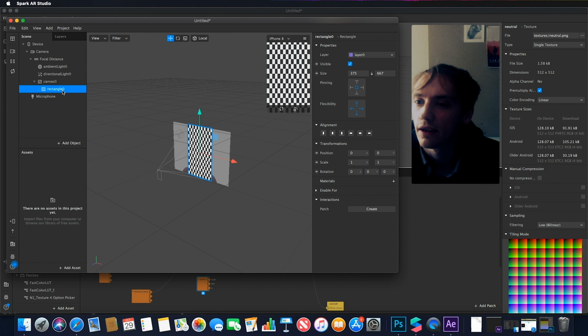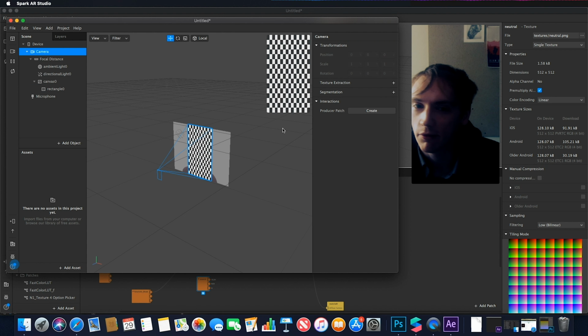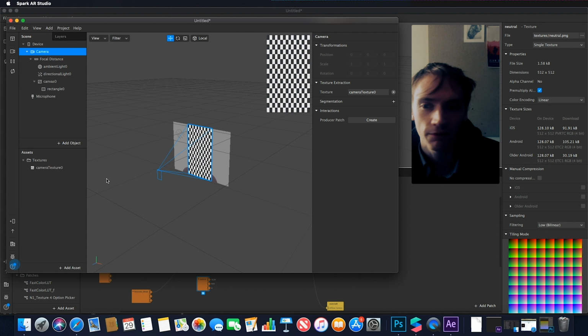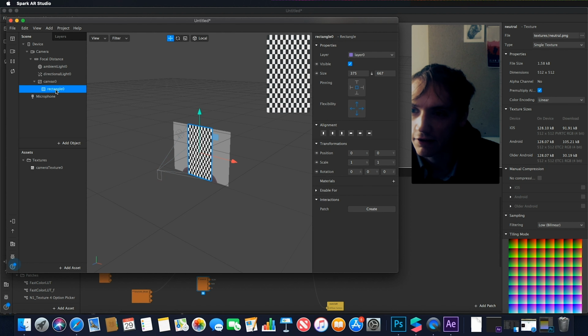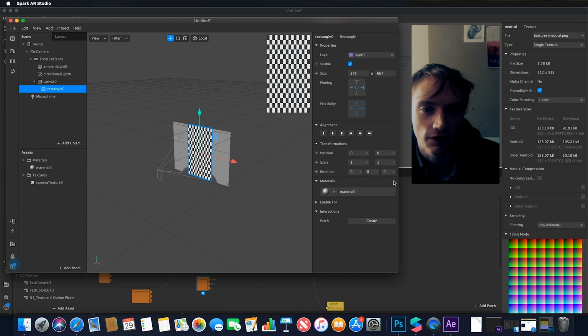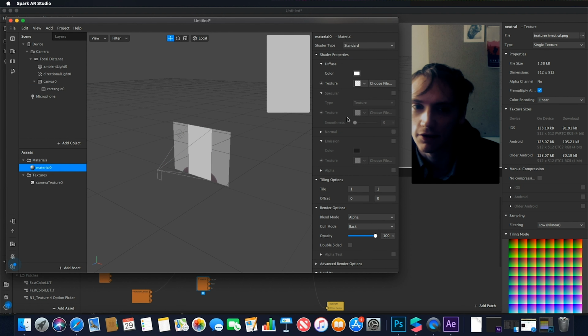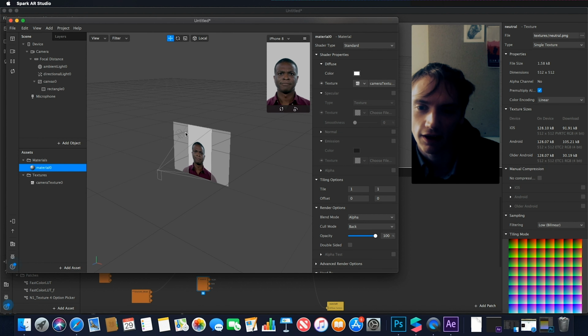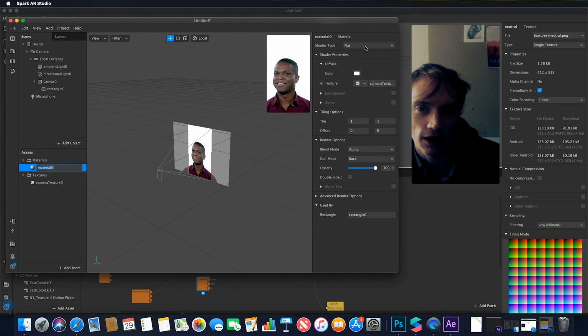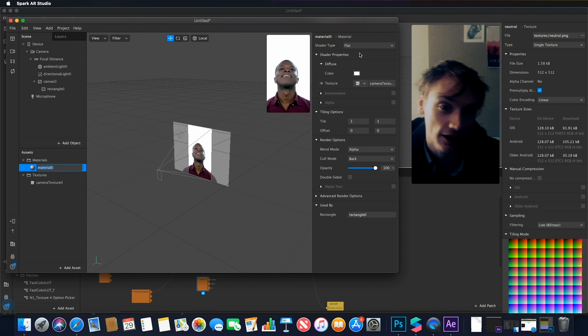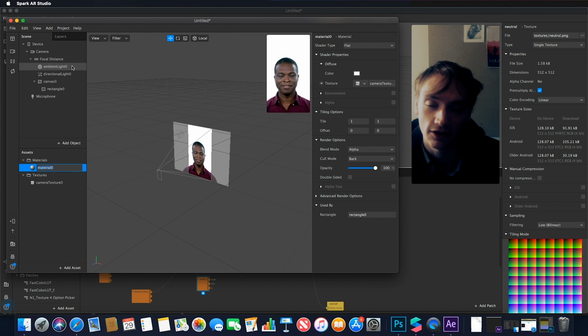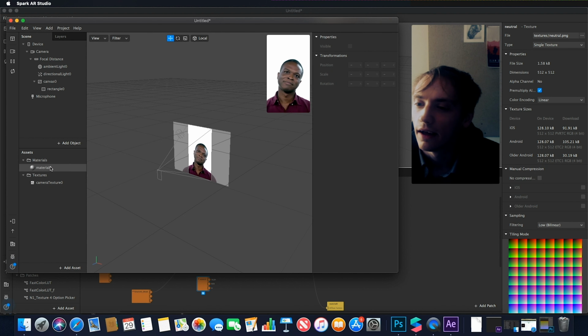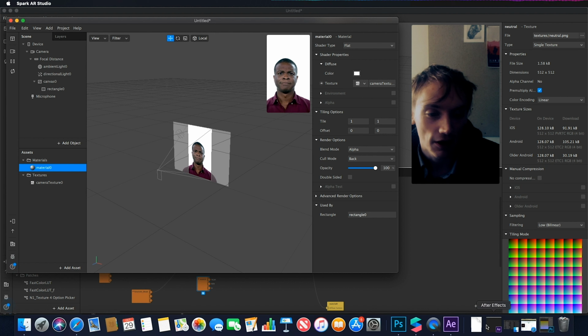So I'm just going to go to my camera, extract my camera texture, and go to my rectangle, create a new material for that rectangle, select that material that's been created and choose my camera texture. And now I should have the video overlaying itself. Change its shader type to flat, so it's not affected by the in-scene colours, by the lights in our scene. I then downloaded those two aforementioned patches,